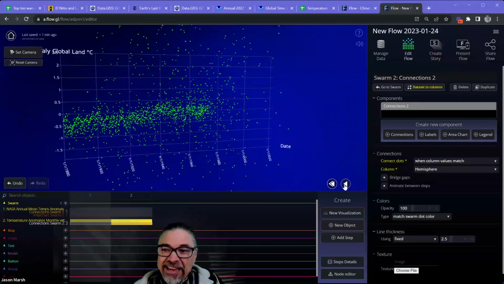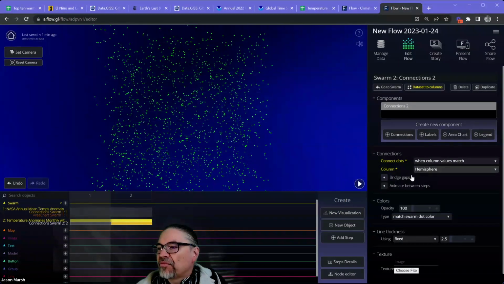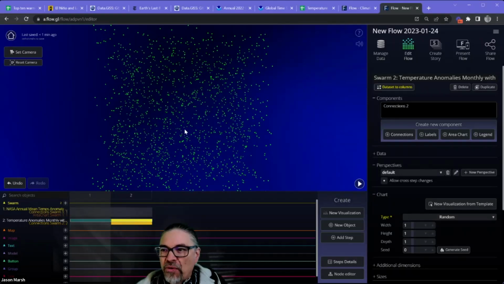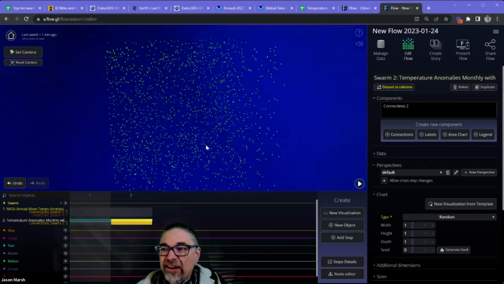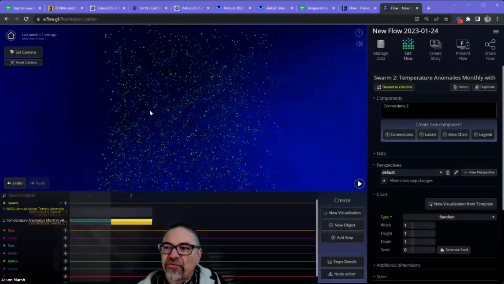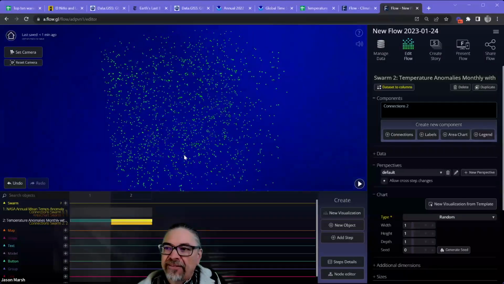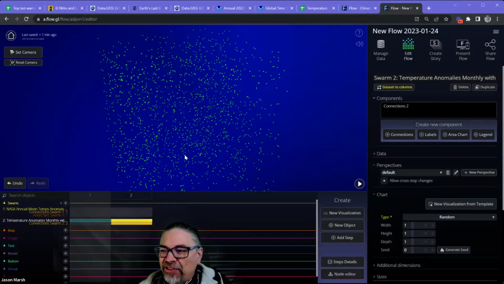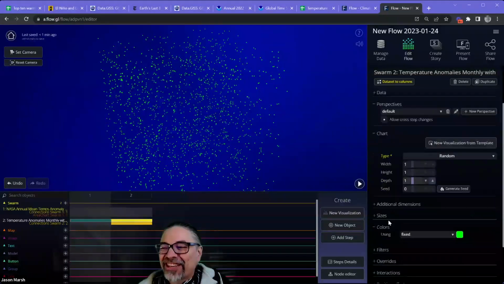Yes. Well, in this case, it's the random perspective. So it's actually just creating a 1 meter square box and randomly placing all the dots within it. To create the sphere, I'm not sure how they did that. There's a couple of different ways. I think additional dimensions might be a way to do it, which is one of the more sophisticated parts of flow. So for your first lesson, I don't want to go there.